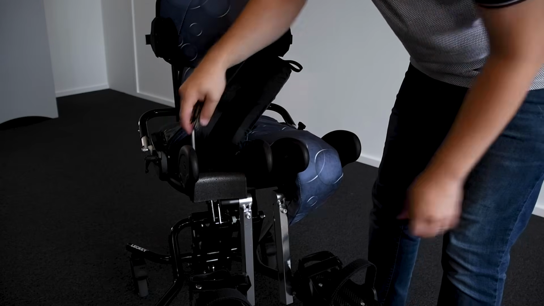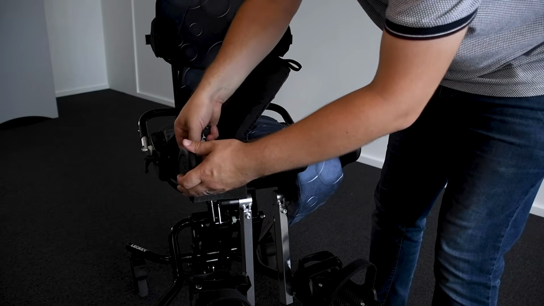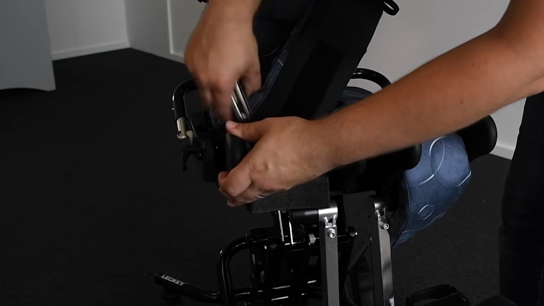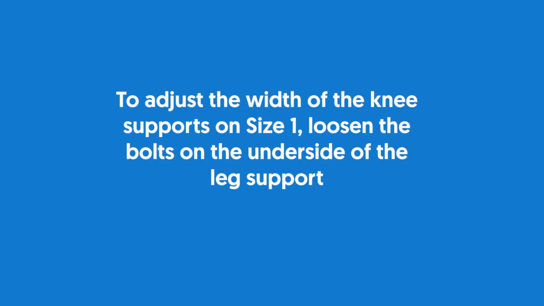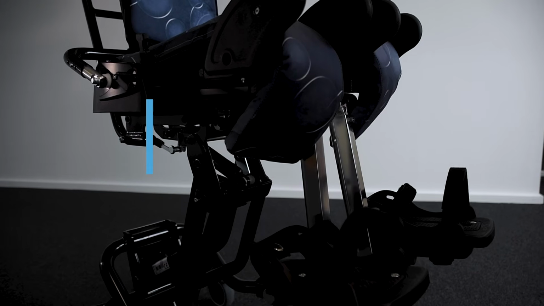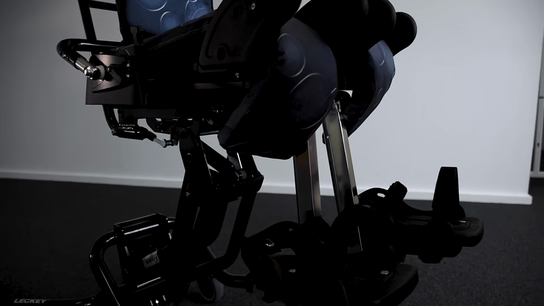Femoral gables. To adjust the width or angle of the lateral supports on size 2, loosen the bolts from above, move the guides and retighten the bolts. To adjust the width of the knee supports on size 1, loosen the bolts on the underside of the leg support. Footplate height. To set the height of the footplate, loosen the bolt on the front of the calf support